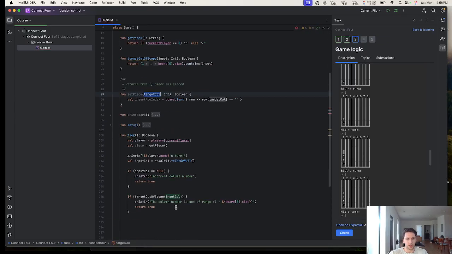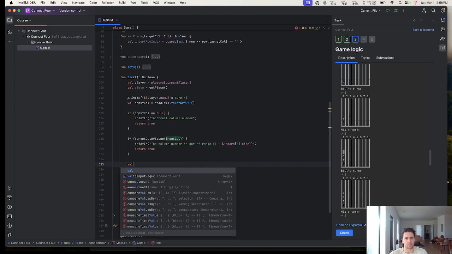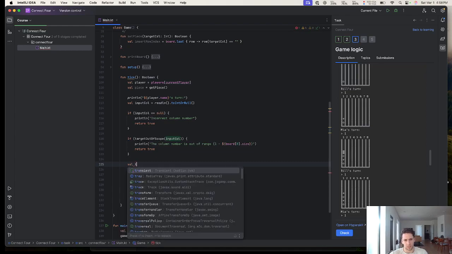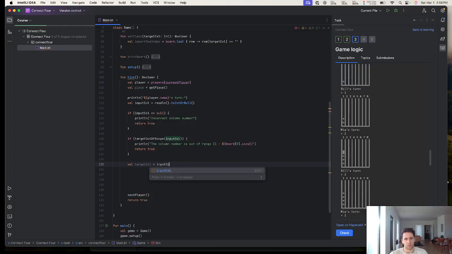So now target call is going to be translated. So now val target column equals input call minus 1, right? This is what we would use set piece. So we don't have to worry about that. So if set piece, we can print line